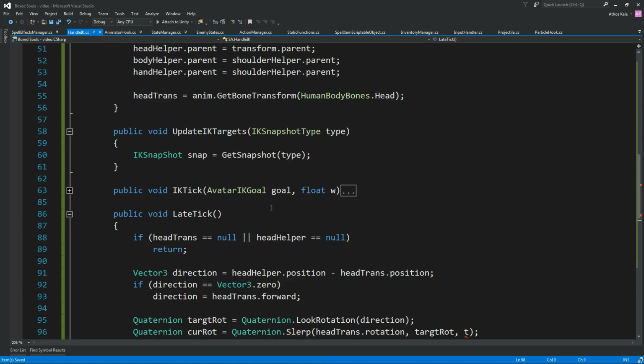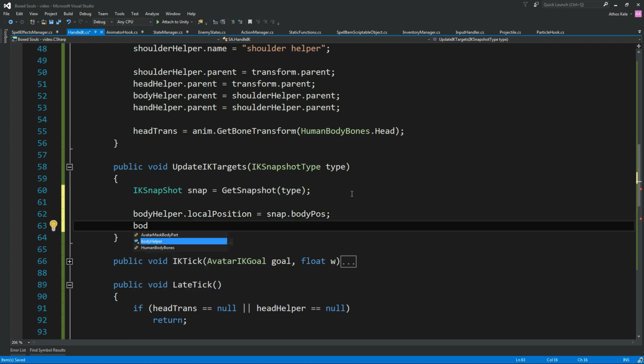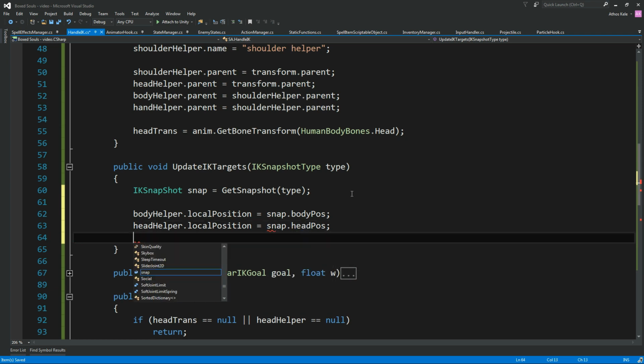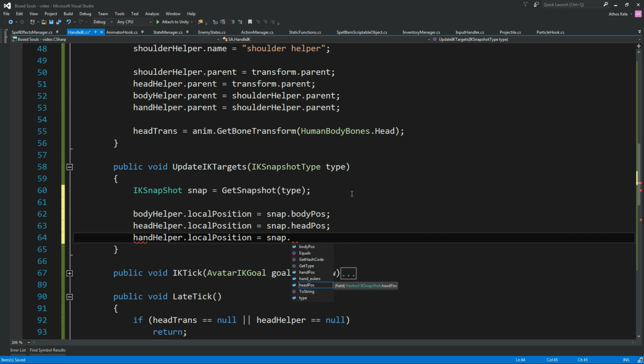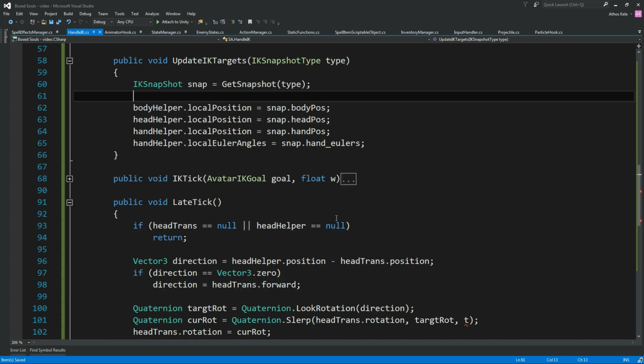Now, when we are updating the snapshot, we're basically just going to say that body helper dot local position is going to be snap dot body position. Head helper dot local position snap dot head position, and hand helper local position will be snap dot hand position. Hand helper dot local Euler angles will be snap dot hand Eulers. Okay,